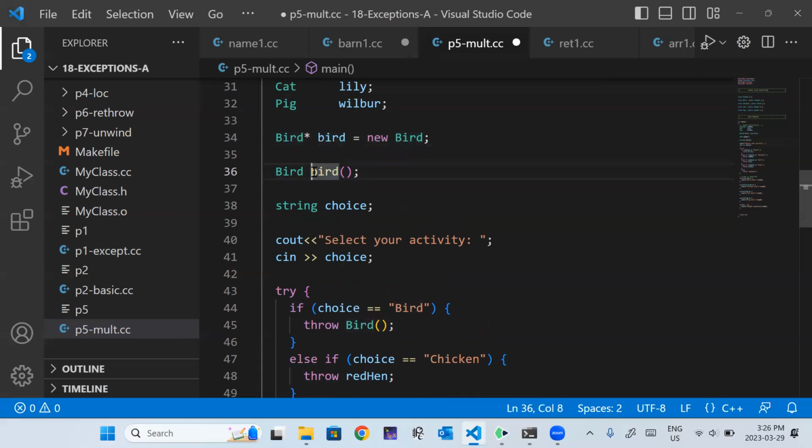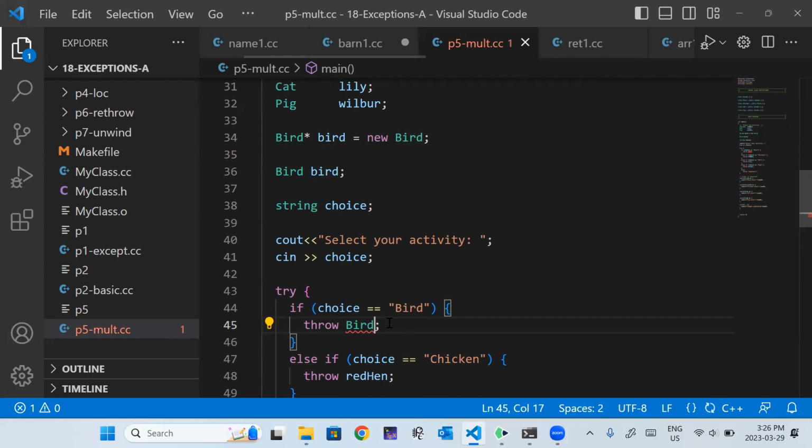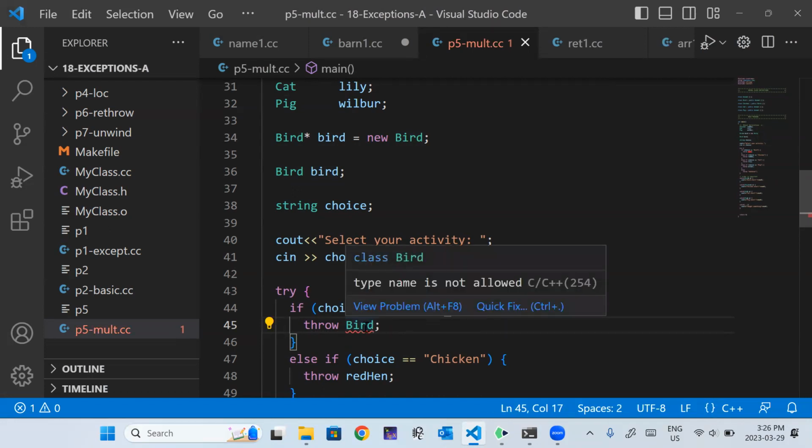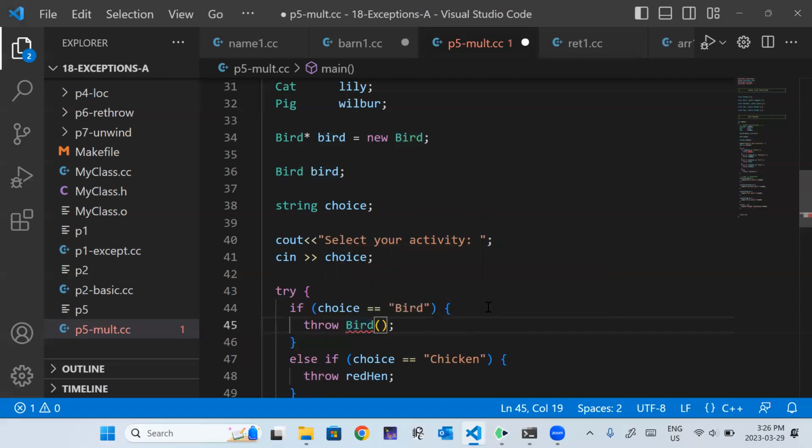It thinks this is a function that returns a bird. Or more accurately, it really can't tell. So if I declare a bird statically like this, I have to leave the brackets off. If I throw the bird like this, I have to put the brackets on, even though there's no arguments in either case. And if I take them off here, then it complains that a type name is not allowed.